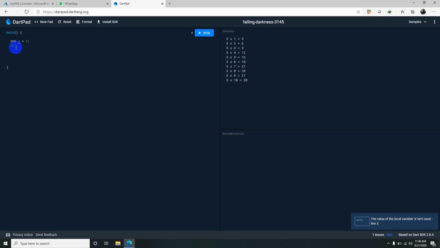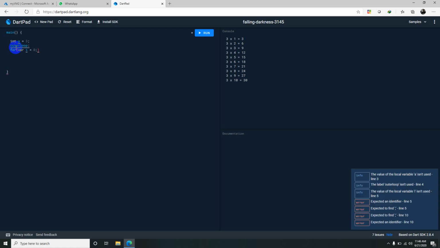So let's say I will keep a label outerloop here for this for loop, for i equal to 0, i less than 5, i plus plus.